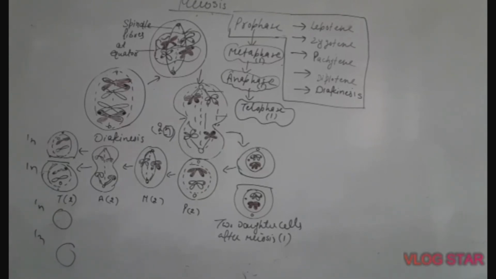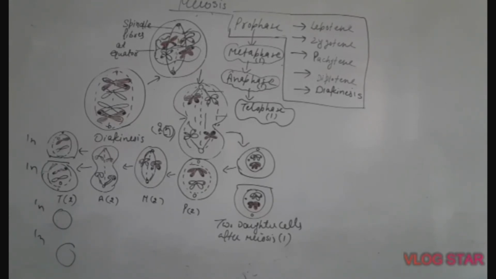Third difference is DNA replication does not take place. DNA doesn't get doubled as it happened in meiosis 1 or in mitosis. So DNA replication doesn't take place, DNA doesn't double its amount. And next is the 2 chromatids are dissimilar. These 2 chromatids are not the same. This has one red and one half black, and this has one black and one half red. So the 2 chromatids in each of these daughter cells are not the same. So this was all about meiosis.